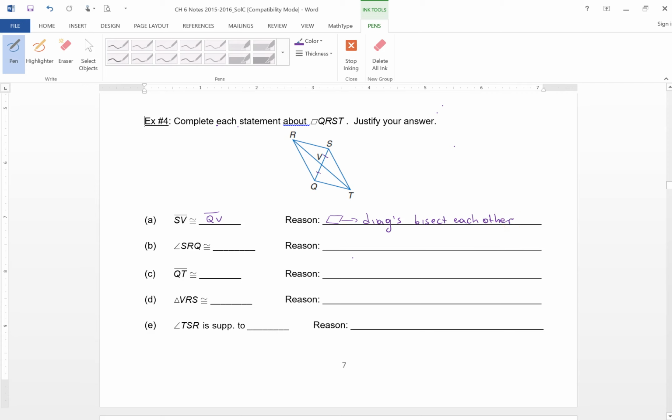Angle SRQ is this one. It's congruent to the opposite angle, STQ, because in a parallelogram opposite angles are congruent. QT is congruent to the opposite side RS because, right,